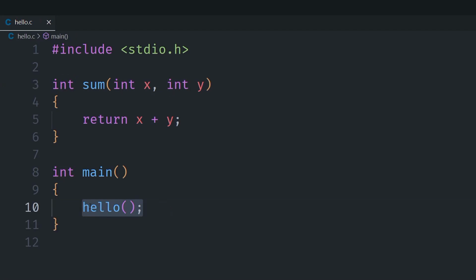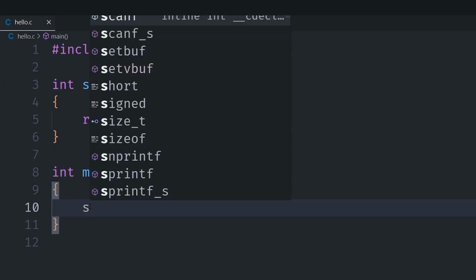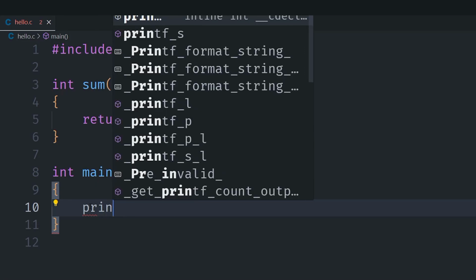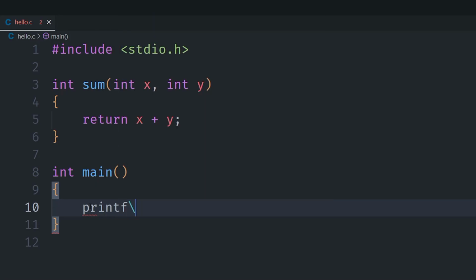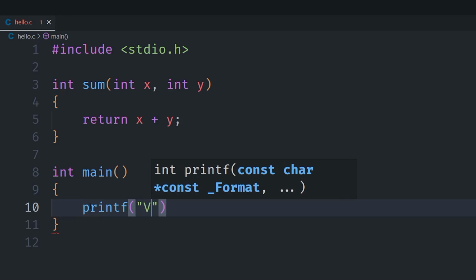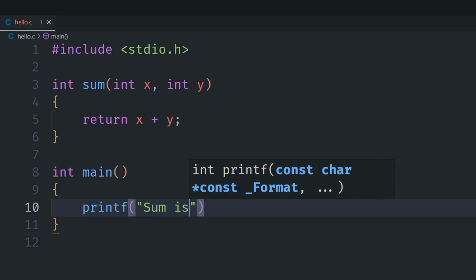So if I do that and I go here and say something like sum, if I just do it like this, it will give an error because I need to provide it with two values. I can say something like 30 and 50, and it returns a value as well. We can store that in a variable, or we can also use it directly. So for those purposes, I'm going to say something like printf, and let's just say sum is, and let's go ahead